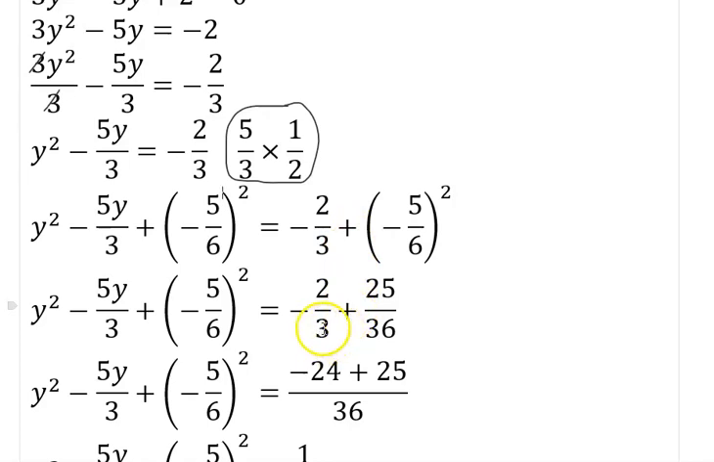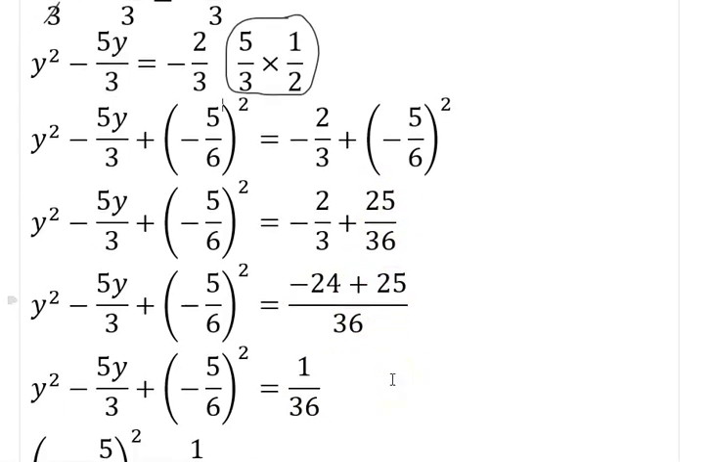If you say the LCM of 3 and 36 will give us what? 36. How many times will 3 go in 36? That is 12 times. 12 times 2 will give us what? 24. We have minus here already. How many times 36 will go in 36? Just once. 1 times 25 is 25. Awesome. So, having done that,